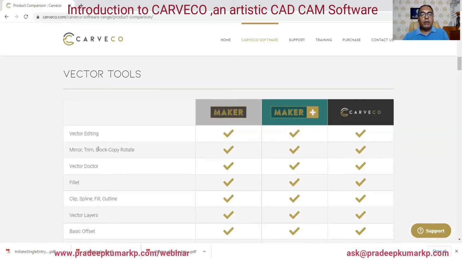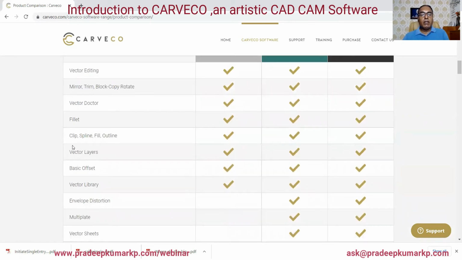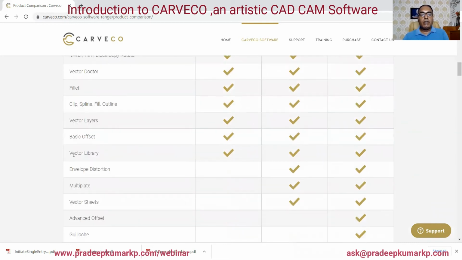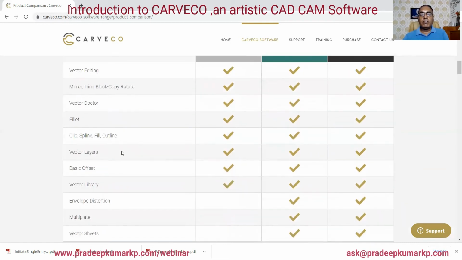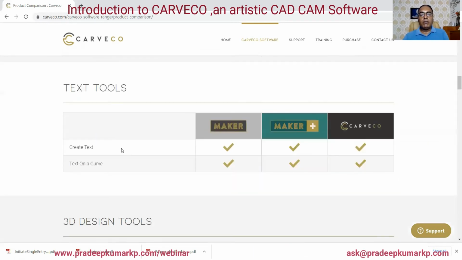Mirror, trim, block, copy, rotate are available. Vector doctor is available. Fillet, spline, fill, outline are available, and vector layers, basic offset and vector library are available. This many features or commands are available in the Maker.